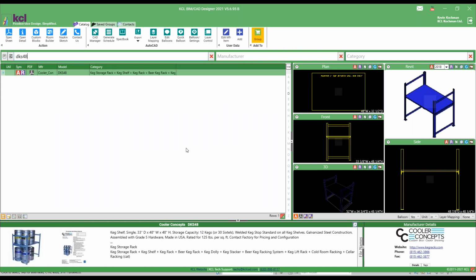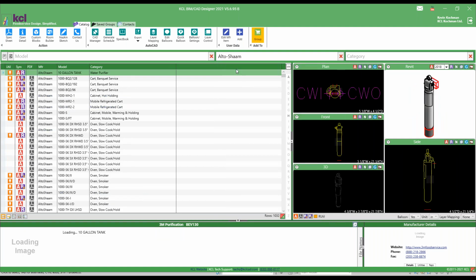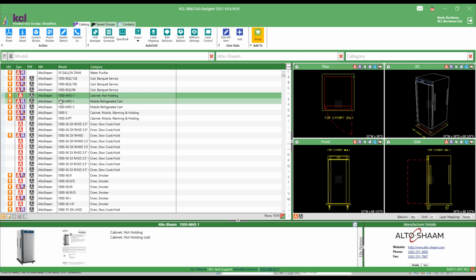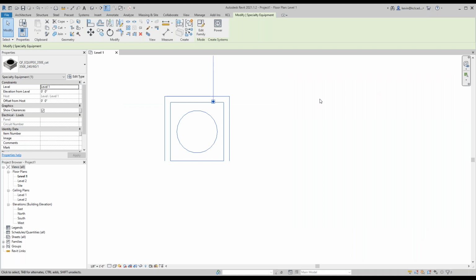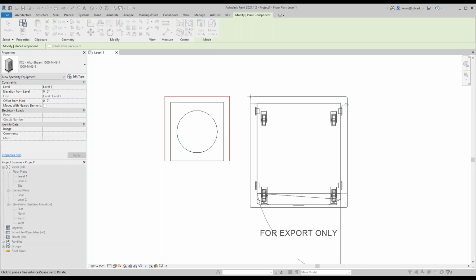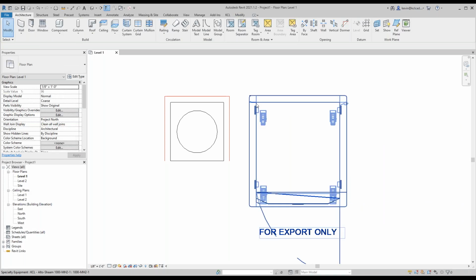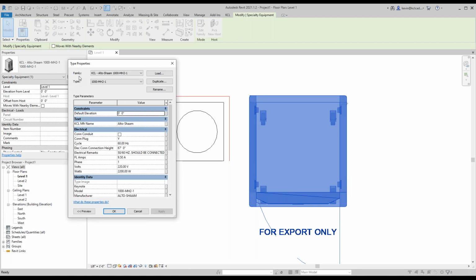If you happen to be a Revit user and you're looking for an item but they don't have Revit, we'll pull up, here's an item from Altosham. I can hit R for Revit. Even though there's no Revit item, KCL will convert that and load that into your project. So if you need a placeholder, or in this case, it's going to be a nice 3D, KCL will load it, convert it to a Revit family, even though it's still an AutoCAD block,